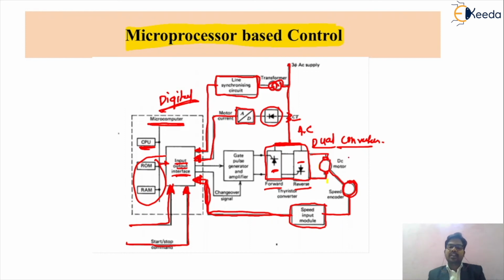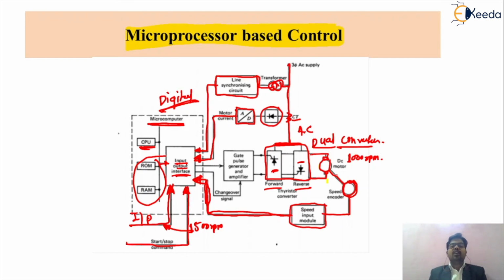Suppose the speed of the motor is now 1000 rpm, and now we want to change the speed of your motor to 1500 rpm. So we are giving a command that the speed control of that drive should be 1500 rpm. That is the speed requirement that we want to give from the input command file. So we are giving the speed, that is 1500.